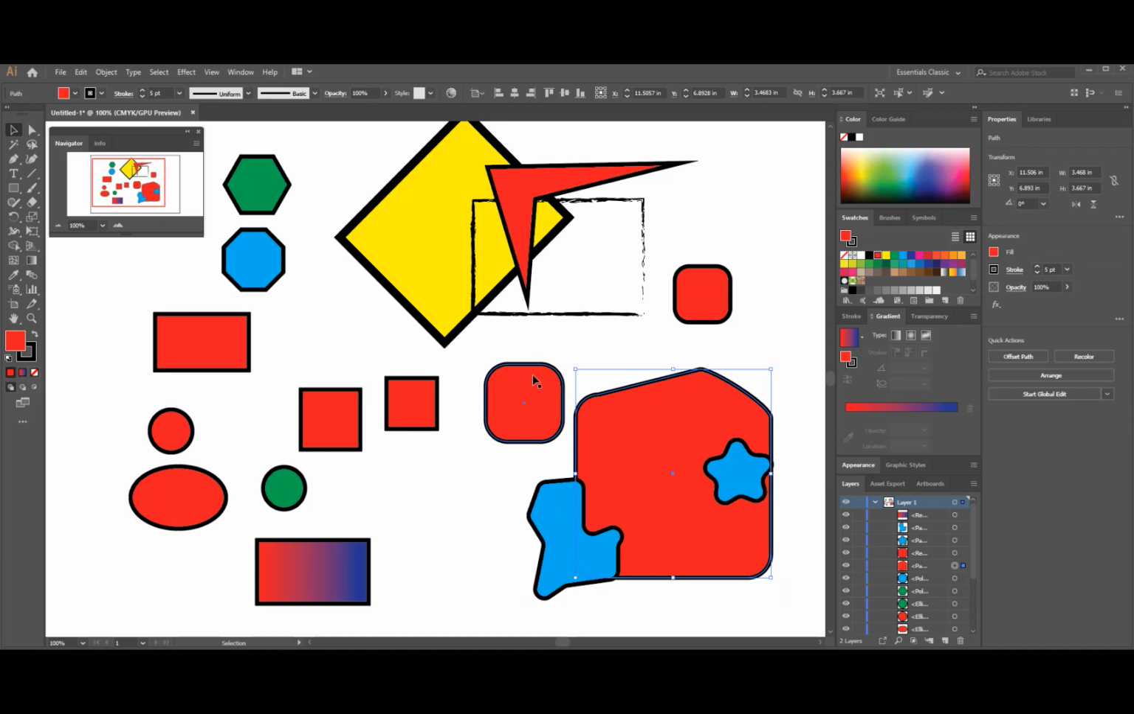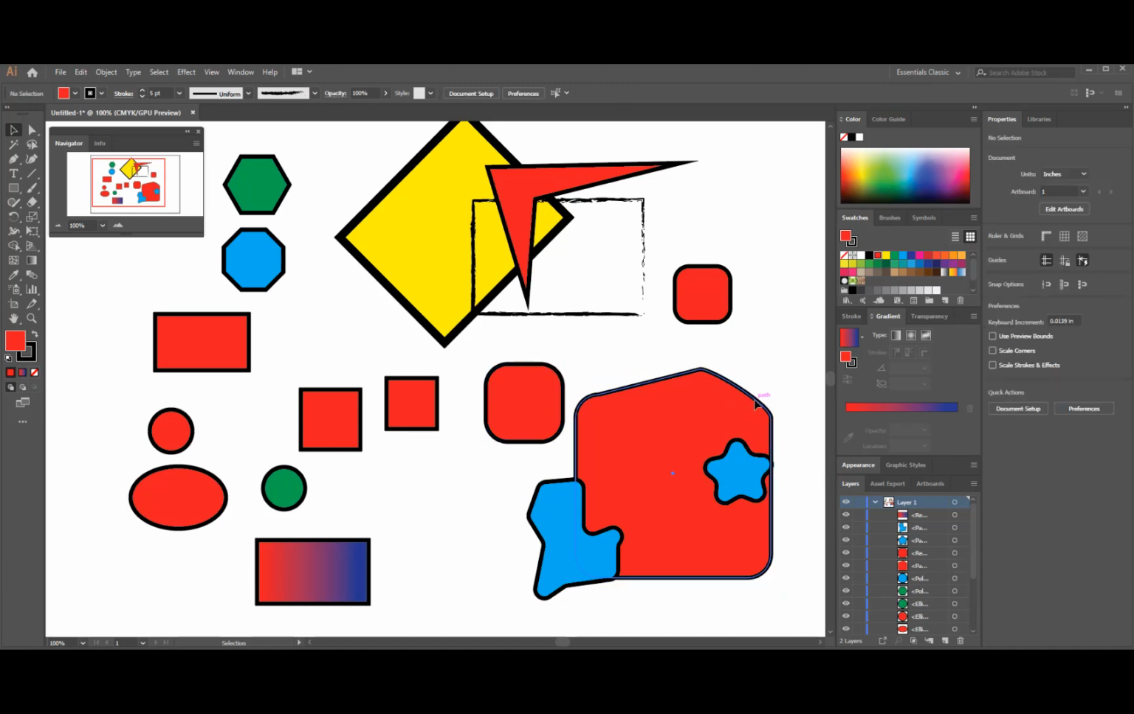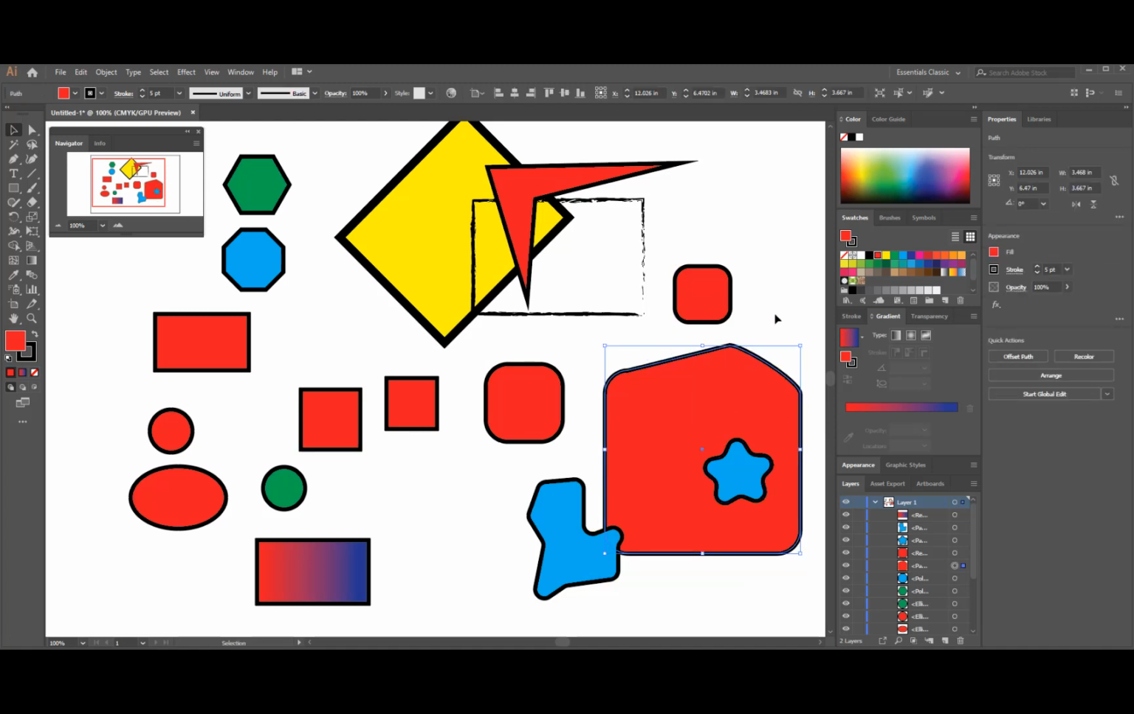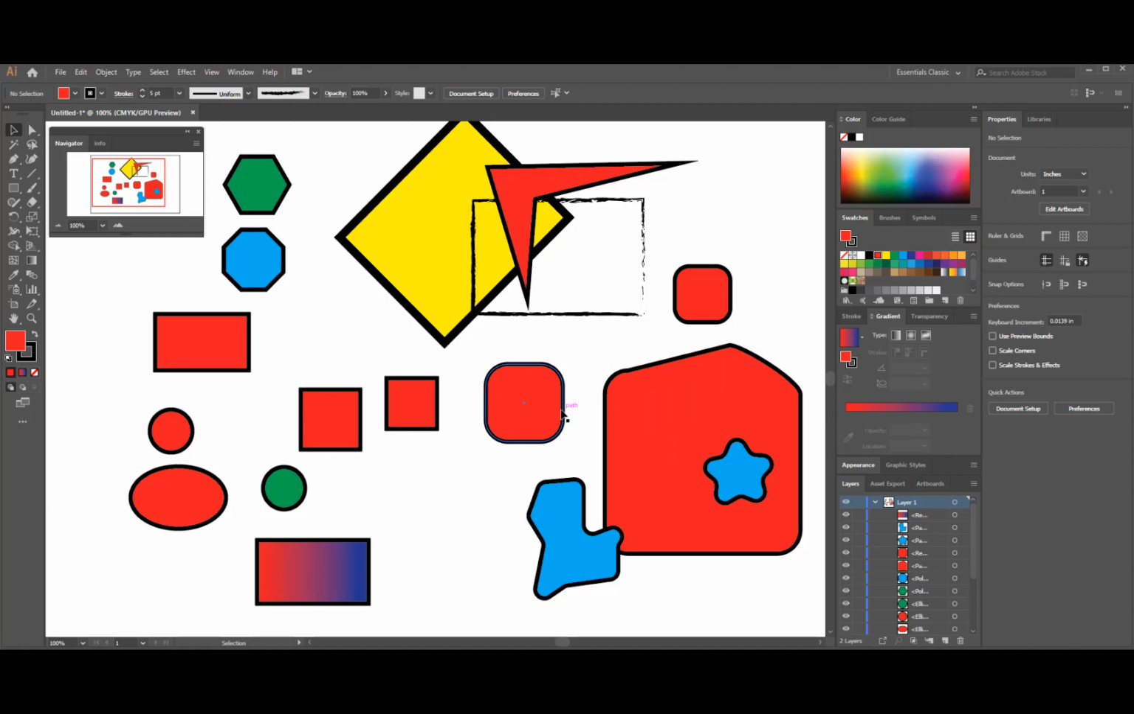Now everything is all independent again, and even when you select one and try to move one, this is the only thing that will be affected. Okay, so you could isolate object, you could turn this thing in as a group,